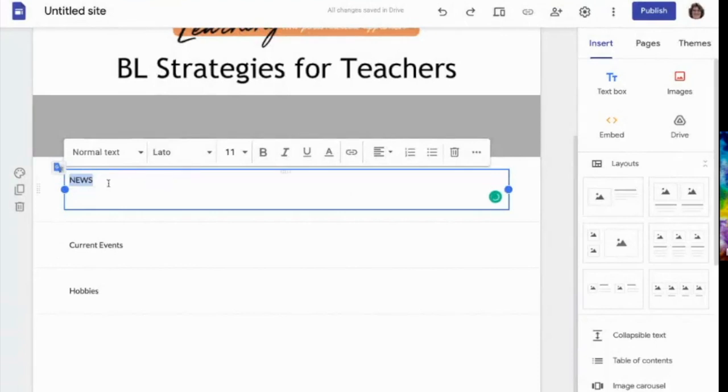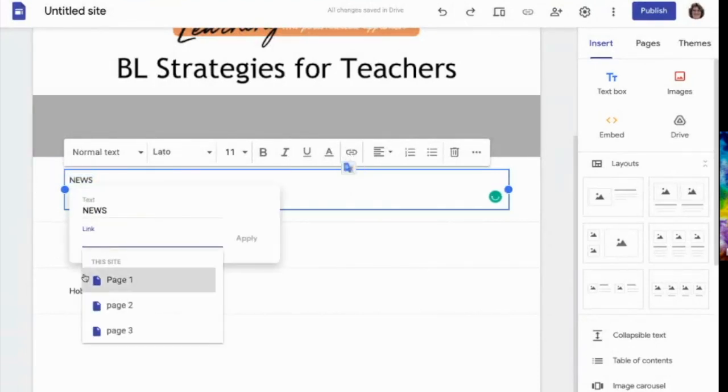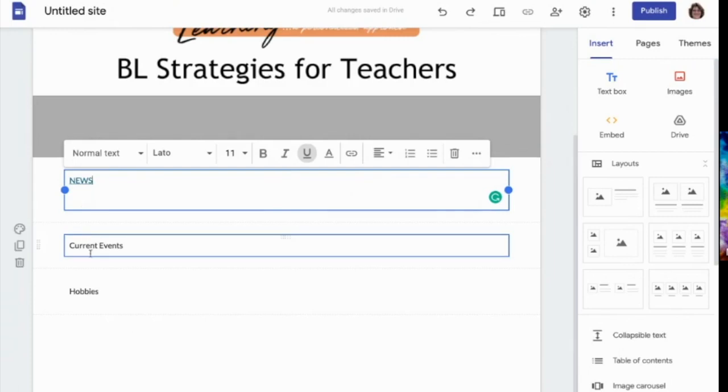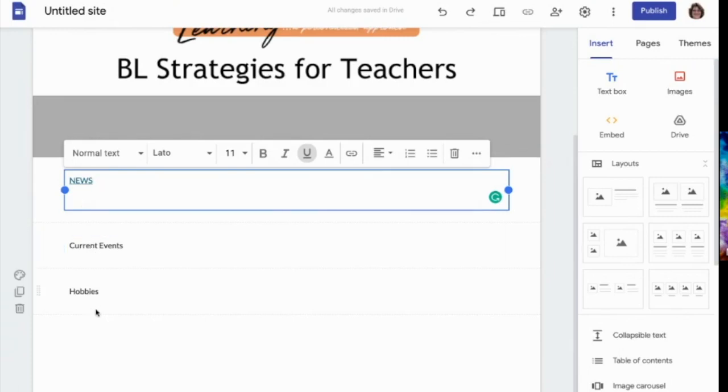So I'm going to highlight it. I'm going to click the link, and I can put a URL in there for wherever it is that I want to go to. Notice that the pages came up. So now I can say, okay, when they click news, it's going to take them to page 2, and apply. So now when they click on news, it'll take them to page 2, even though they have it up in the navigation, it'll take them to that second page. And I can do that to any one of these. So now I have the ability to link within my site or still outside, wherever it is that I want to link to,